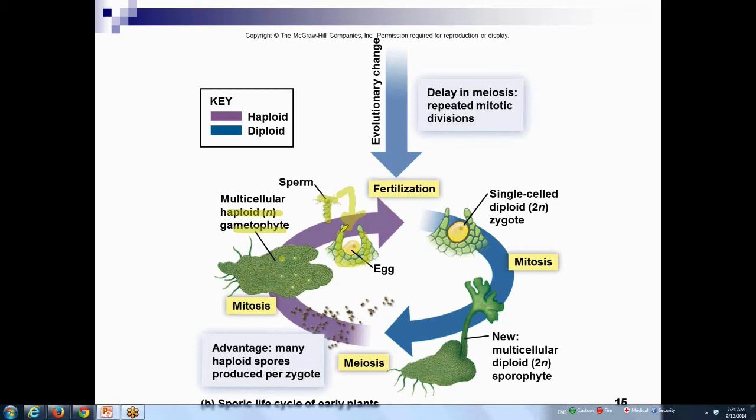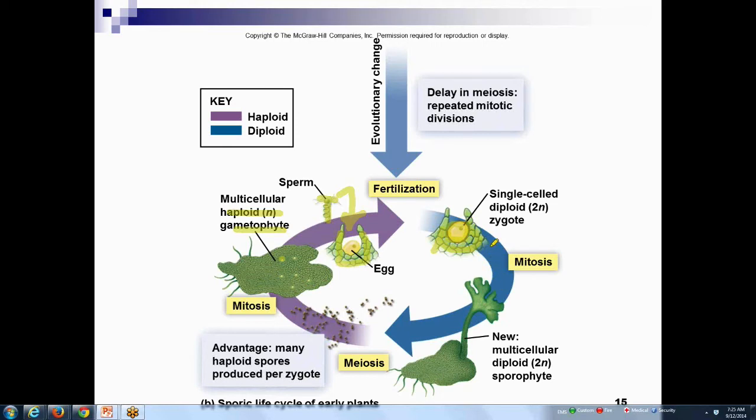So the archegonium is this vase-like structure that houses the egg cell. And the sperm, again, will travel down the neck of the archegonium to fuse with the egg to form the zygote. Now, guys, you notice here, the zygote is not just sitting out in the open. It's surrounded by maternal tissues, mother tissues, by the parent plant. So the parent plant surrounds the zygote with all types of nice tissues, which helps protect and nourish the developing